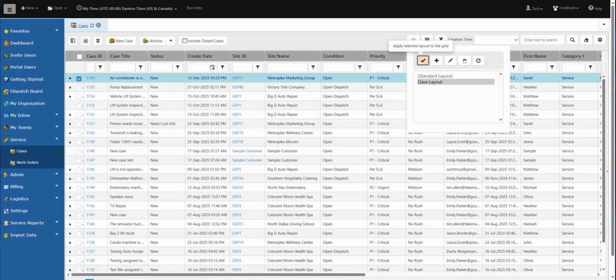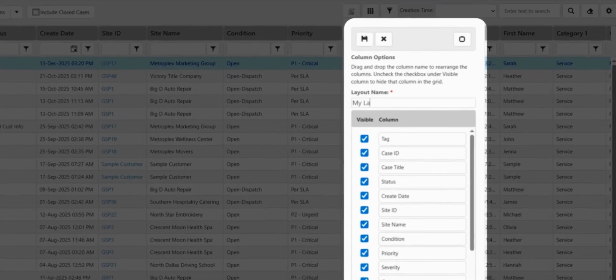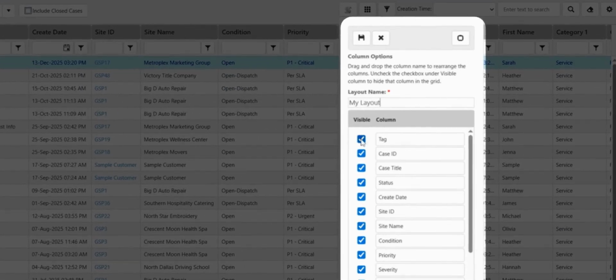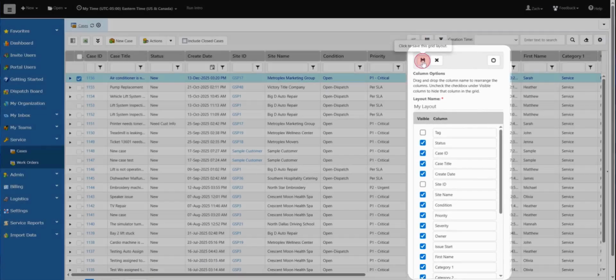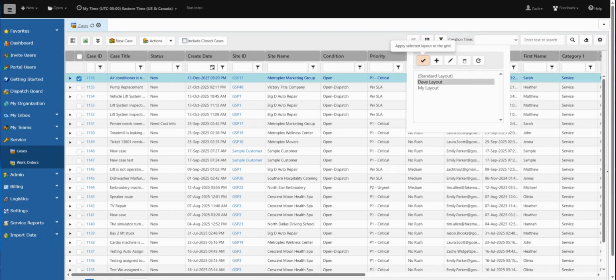To make a new layout, click Add. Enter a name. Use the checkboxes to pick which columns to show in the grid. Drag columns up or down to set their order. Then click Save. If we want to edit a layout, we select it from the list, click Edit, make our